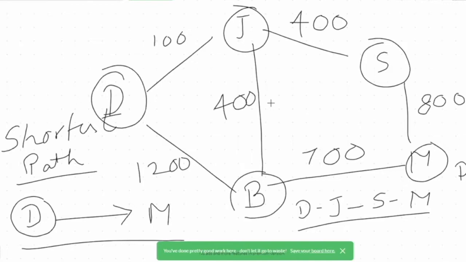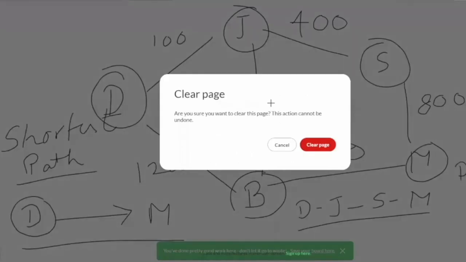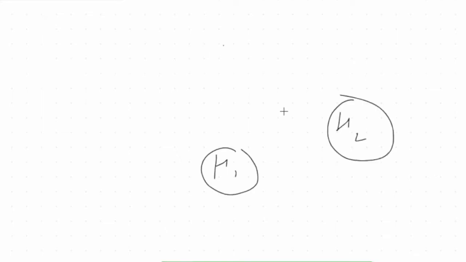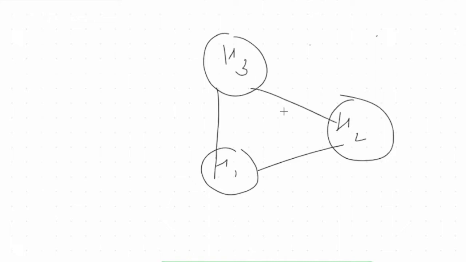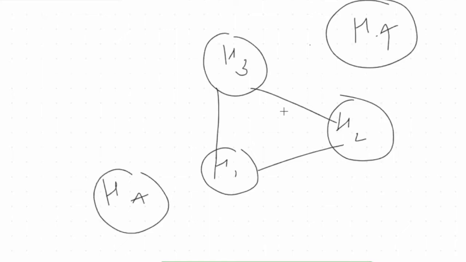Another example to visualize why you need a graph is to think about this. You have a city layout. There are a couple of houses, maybe house one, then house two, then house three, and many more houses. Now you know the connectivity between these houses. You know house one is connected like this. You know the connectivity between all these houses. They might be on the same road or in the same colony, right? And you also know the distance between these houses.